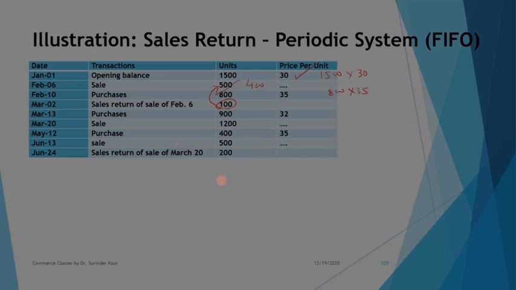Purchases are the same because there is no purchase return. Now suppose we were given here that you have a purchase return, say from the lot of March 13, say 100 units. Then your March 13 lot is 900. So if you have returned from here, then your final balance will be 100 units at 35. Okay. Right now we are not given a purchase return, but I am just explaining a possibility. Now sale is 1200 units, but out of this March 20th sale, you have got 200 units being returned.